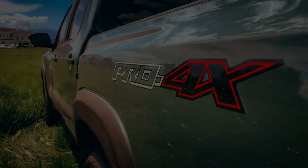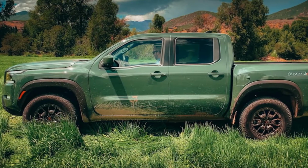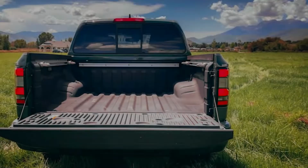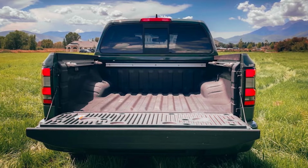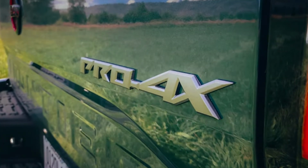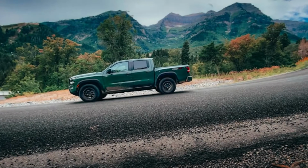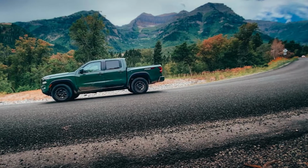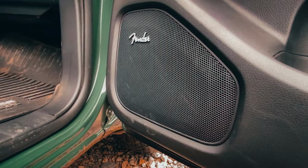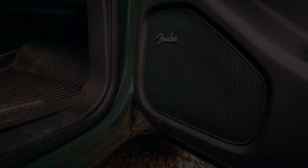You can't go wrong with either a standard model or a Pro 4X when it comes to aesthetics, either. All of them have a tall, squared-off nose with a big, but still reasonably sized grille. It looks mean and capable, but not like it's about to tear your head off and scare small children away. Bold and bright daytime running lights give it the modern edge that a 2022 pickup deserves, with LED headlights available